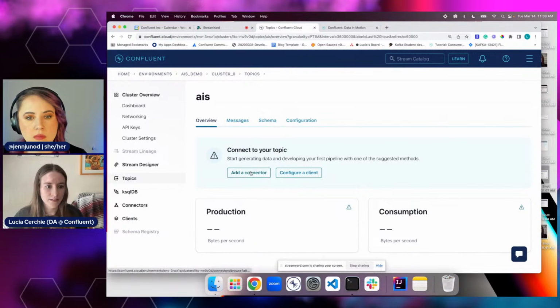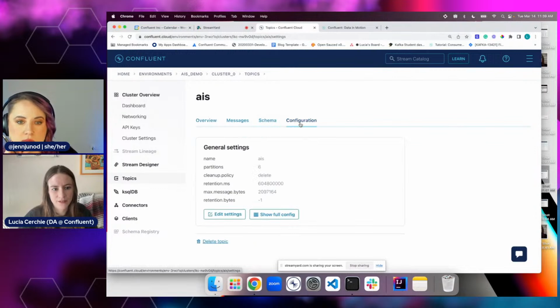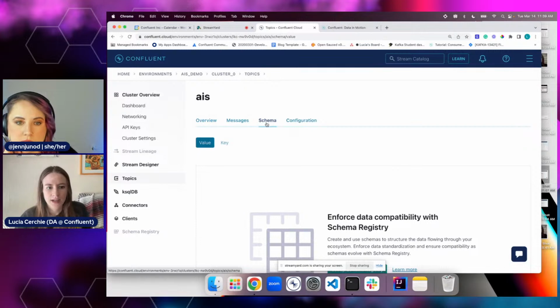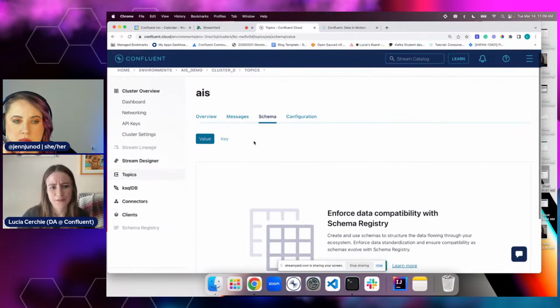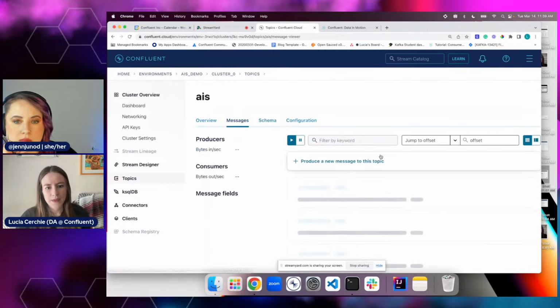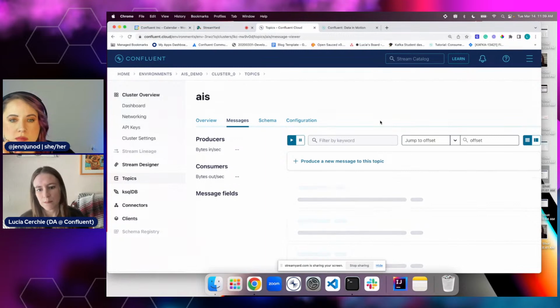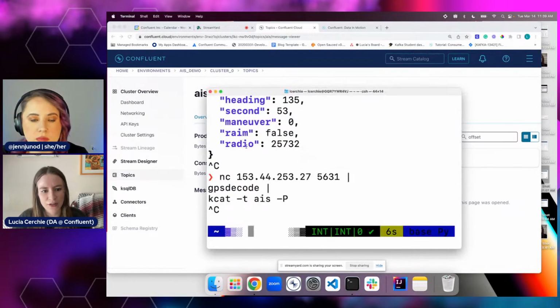So this is my topic in Confluent Cloud. I have a configuration panel with some default details, which we're going to leave for now. And I could make a schema, which we could get into later, maybe at the end of the live stream when we're talking about different applications for this, but we don't need a schema right now. And then this panel is the messages panel, where we see messages coming in once we start piping in that data, but there won't be any data coming in now because we're not producing any data there. So let's return to the terminal and run that command.